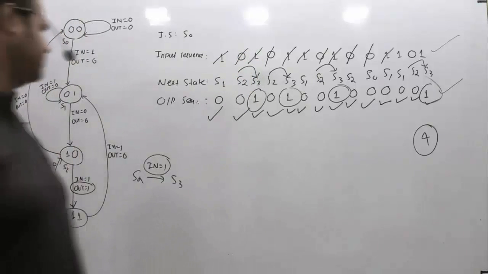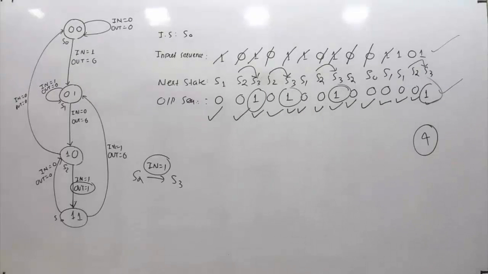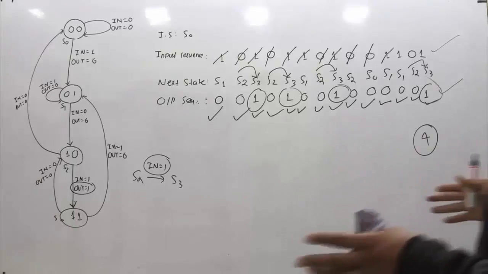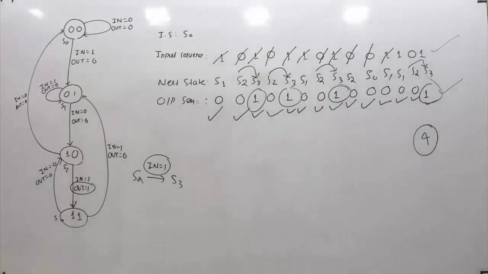So the answer is 4. Whenever you get such kind of questions based on state diagrams, don't leave them, just read the question carefully and use common sense. In most of the cases till now, whatever questions have been asked based on finite state machines, nowhere has a complicated question been observed. The only thing is the way they frame the questions, it looks terrible, but the solutions are generally simple like this. So the answer is 4 for this.